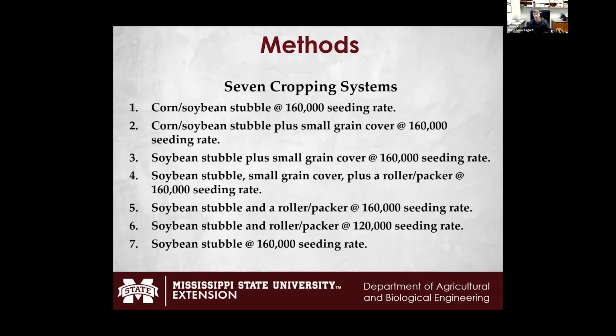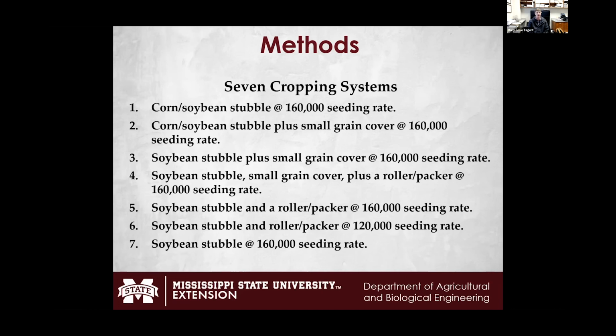So the cropping systems are what we really wanted to look at in this project. We had 7 different cropping systems. We had corn, soybean stubble at 160,000 seed per acre. This higher seeding rate was selected from some previous literature